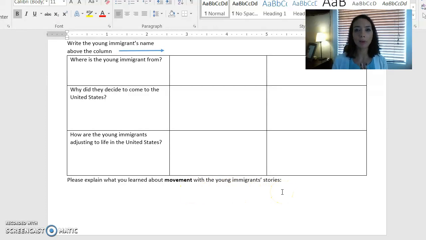So I'd like you to put both of the immigrants that you chose, the reasons why their family came, and what you learned about their stories, and probably about a paragraph long of an answer right here. Please write with complete sentences so that I can fully understand what it is that you have learned about movement and